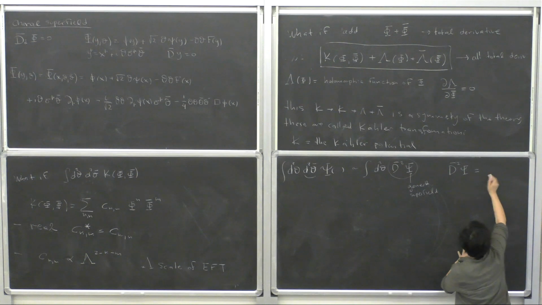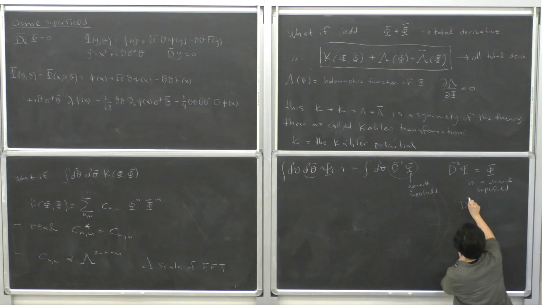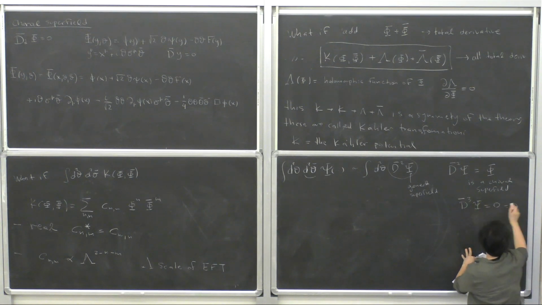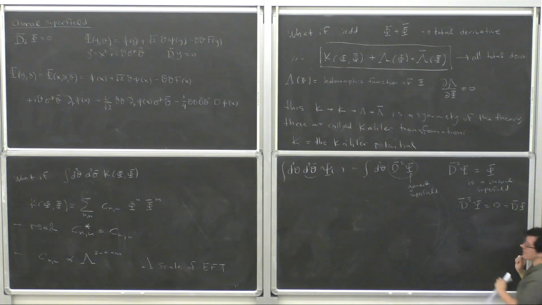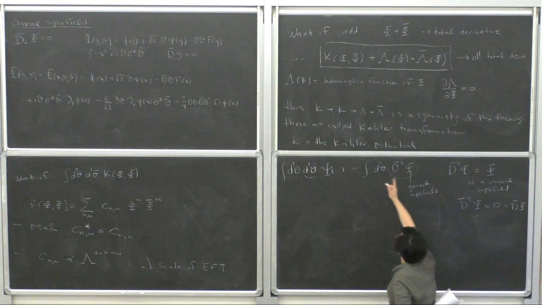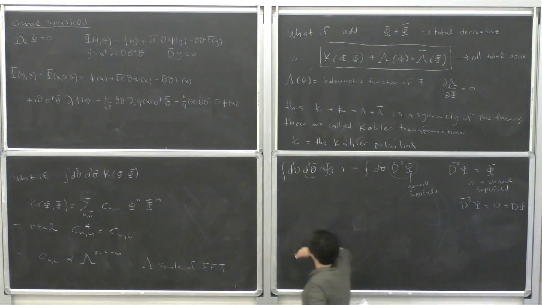But now this is a chiral superfield. Three derivatives, they give 0. Yes? So what did we learn? If this is supersymmetric, this is supersymmetric because they are equal. So what we just learned